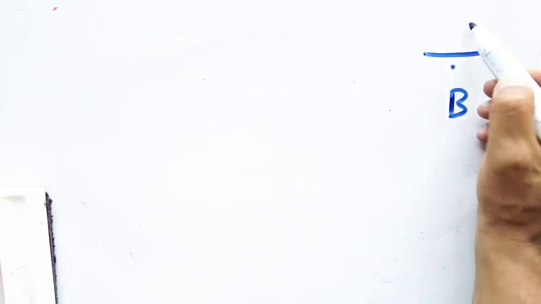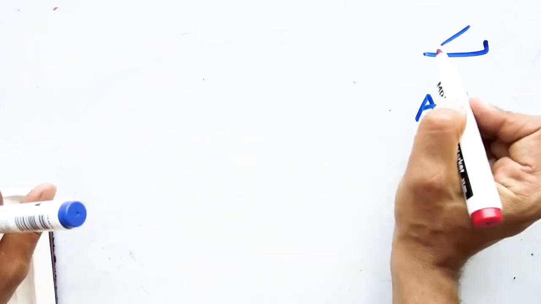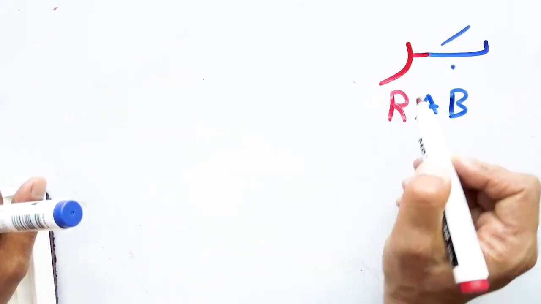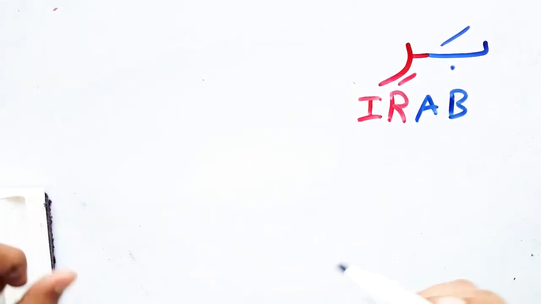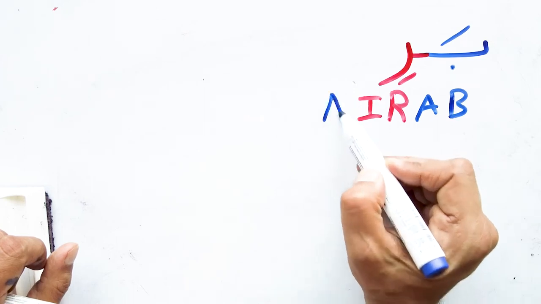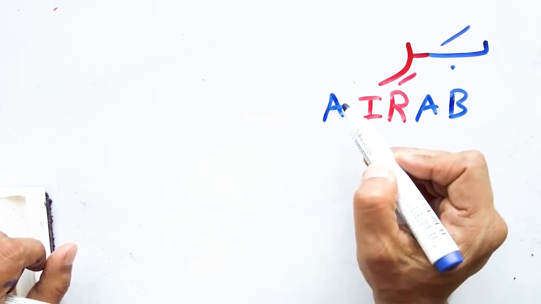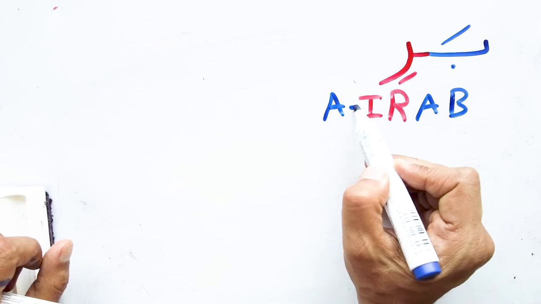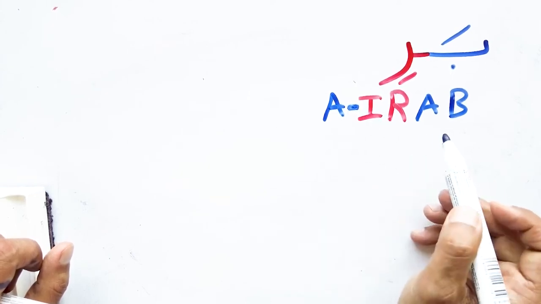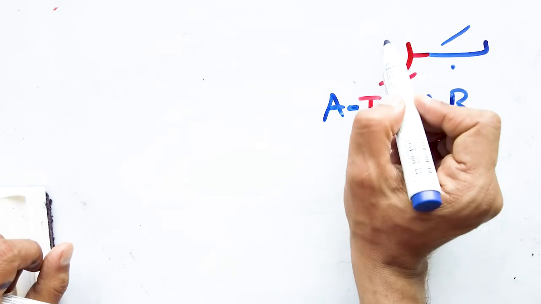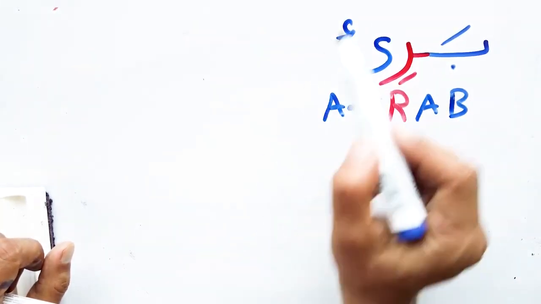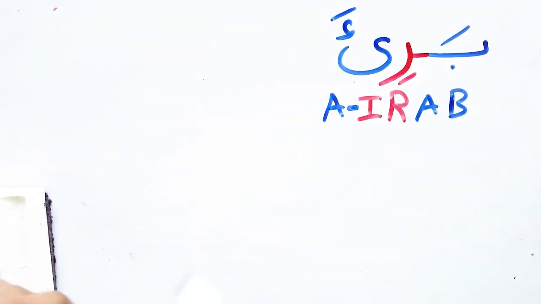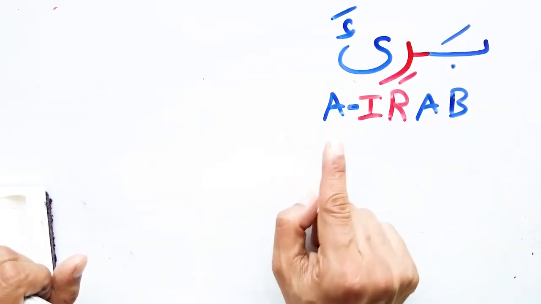Your attention please. The sound of B. The sound of A. The sound of R. With kasra it sounds like I. Bari. And pay attention, I say A. I have the sound of A, but it's like a beginning of another syllable. I'm gonna add this mark here because I would say bari a. So let's have, this is ya, and it has hamza on the top with fatha.